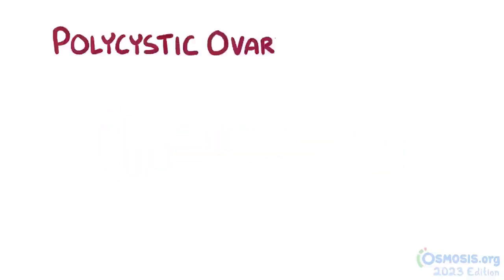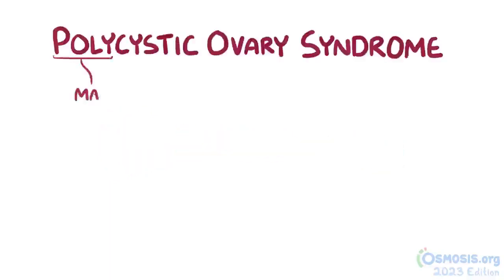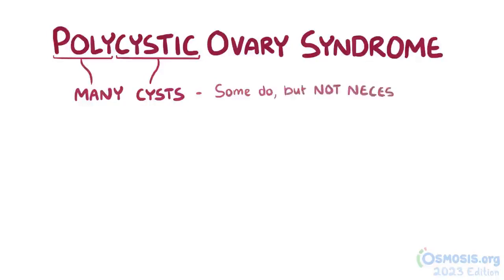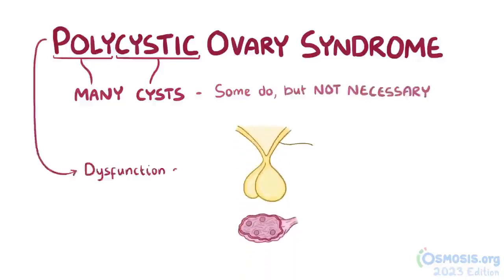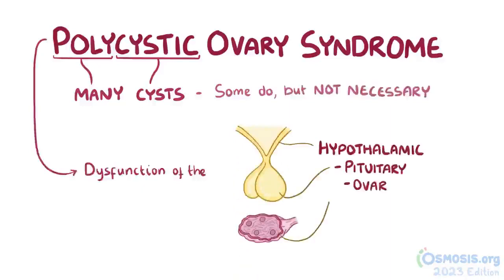In polycystic ovary syndrome, poly means many, and cystic refers to cysts. So you might think that having many ovarian cysts is a crucial part of polycystic ovary syndrome. But while some people with polycystic ovarian syndrome do have ovarian cysts, they are no longer a necessary characteristic of the condition. Instead, polycystic ovarian syndrome is a dysfunction in the hypothalamic pituitary ovarian axis, which are the hormones that regulate